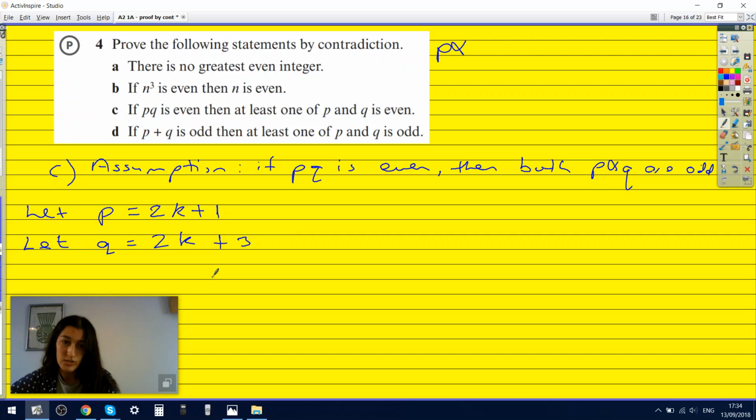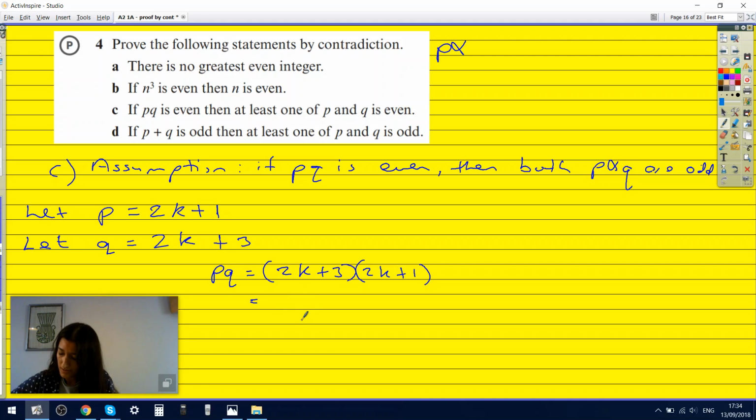And that needs to equal an even. So 2k plus 3 times 2k plus 1. Yeah, PQ equals 2k plus 1 times 2k plus 3, which must equal...